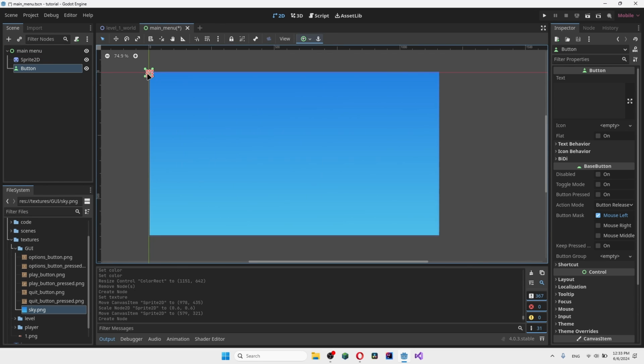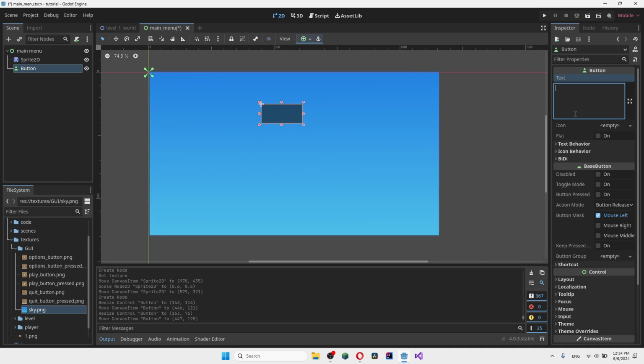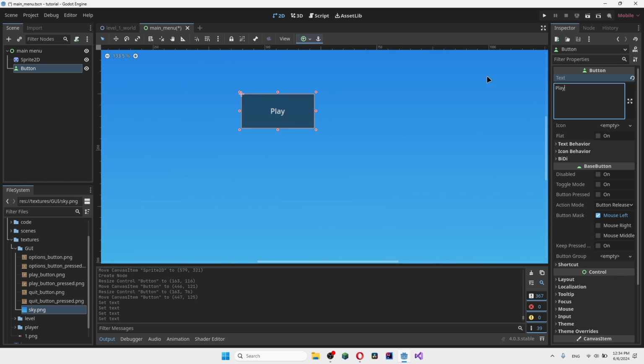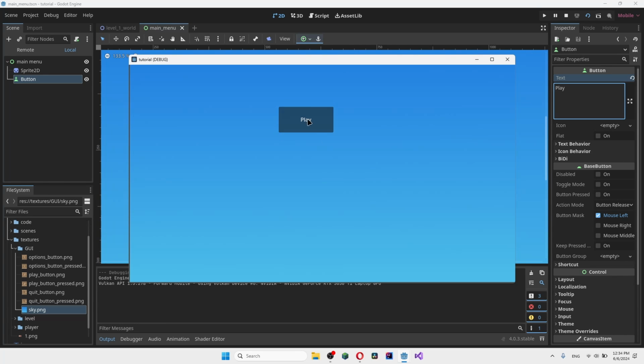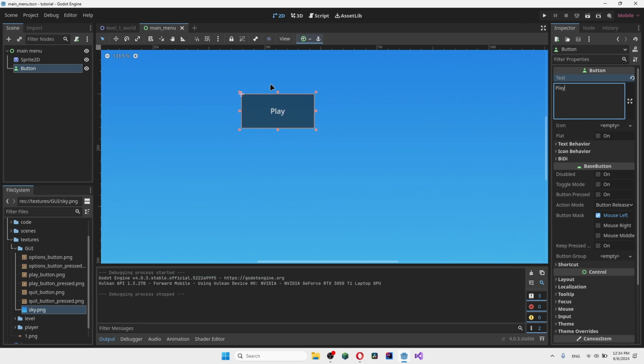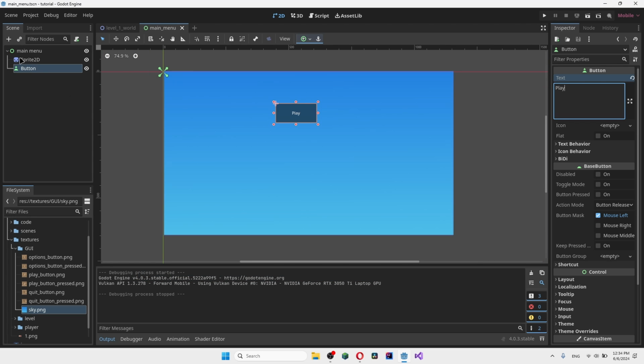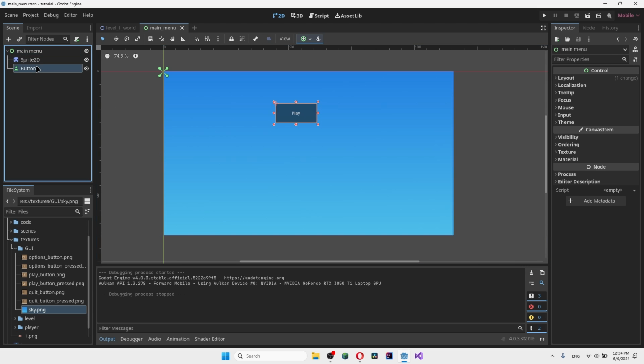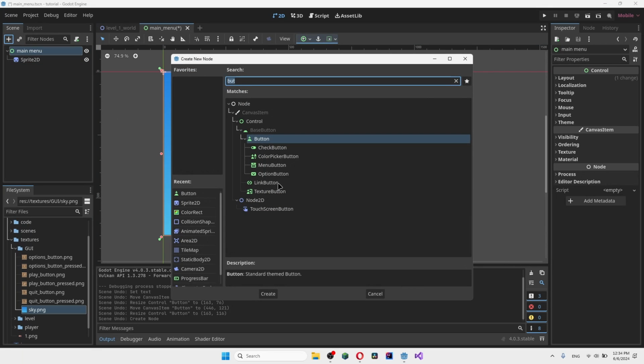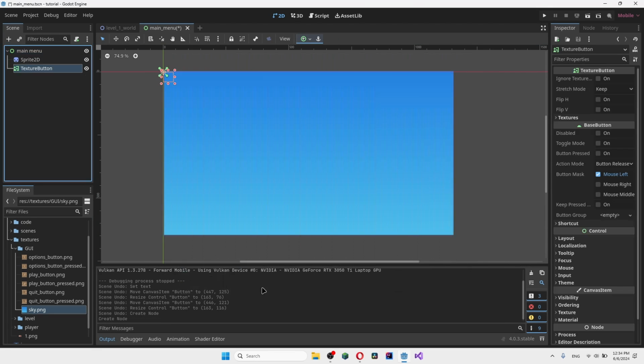If you create a normal button here, we can go ahead and make it slightly bigger. As you can see, this takes in a solid color and takes in a text here. So we can say, for example, play. As you can see, it isn't really too special, it's just a play button. It has its automatic textures for hover and click, but it doesn't really look too interesting, so we really don't want that. What we really want here is the texture button,